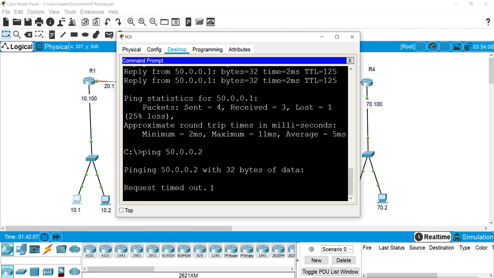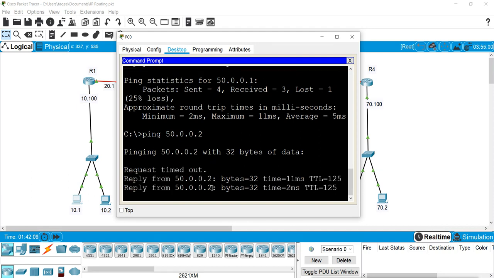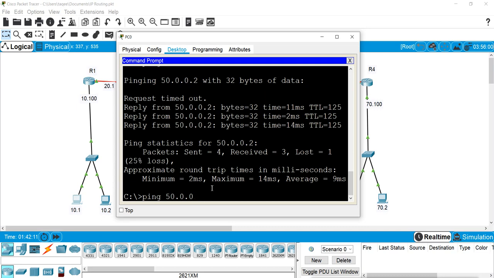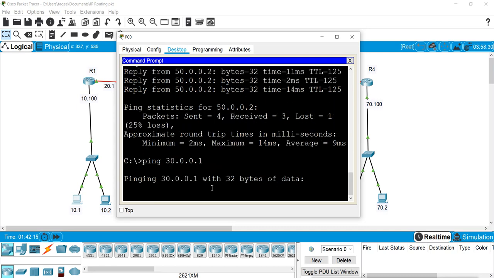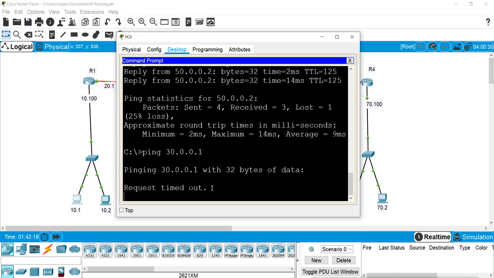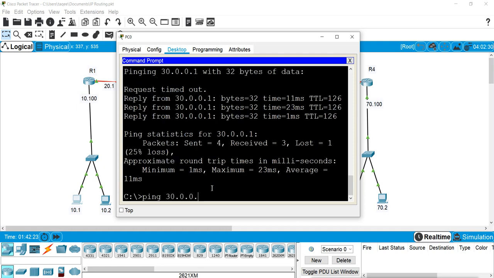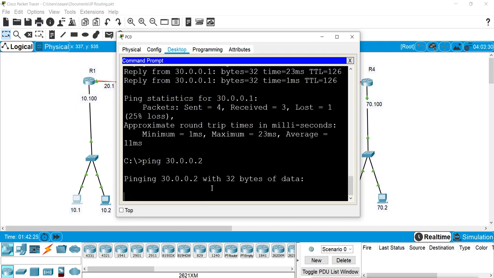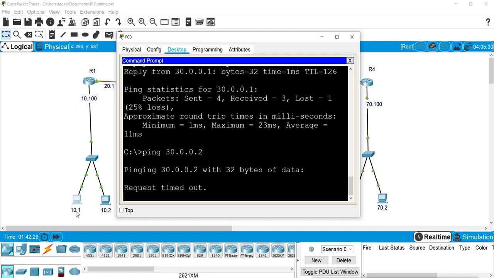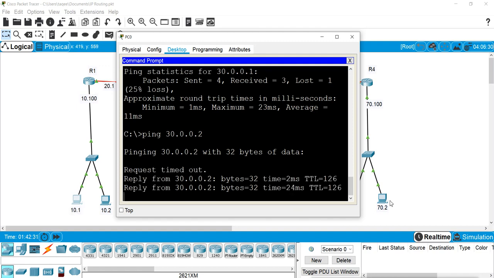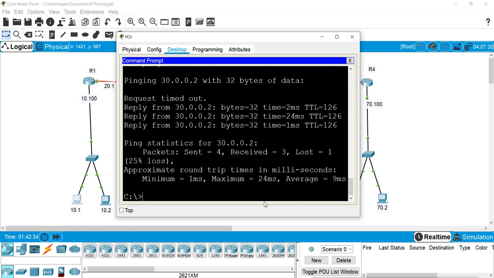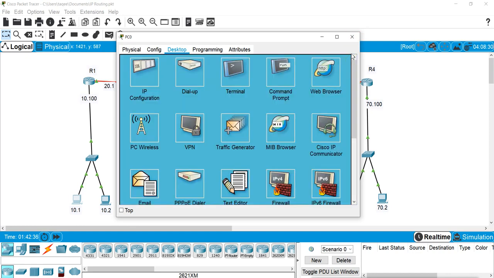Yes, I can ping. And also I can ping network 30.1 and 30.2. Now you see this machine 10.0.0.1, it can ping all the networks here, network 30, network 50, network 70, because it is connected to all these networks.